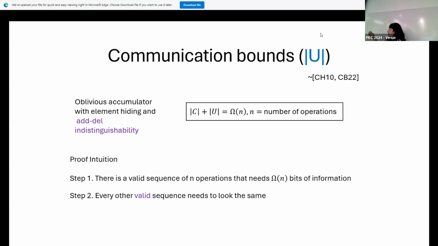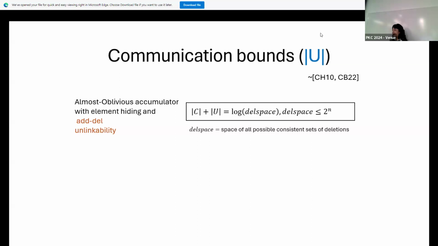And the proof follows previous results about plain accumulators and communication bounds. Basically, the idea is that if you delete a fraction of the elements, you will need n bits of information, because your proof would need to be able to extract these elements for soundness reasons. And here, because we want to have indistinguishable operations, all our sequences of operations need to be the same as this scenario I mentioned. So all of them have to be of size n. And that is not exactly the case